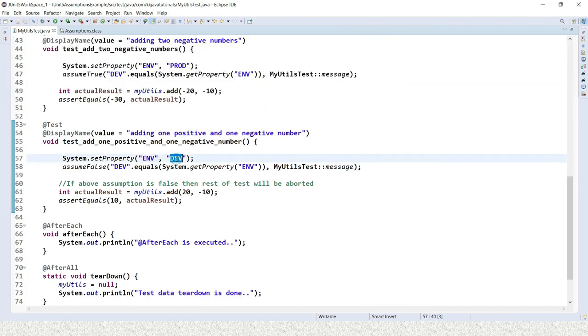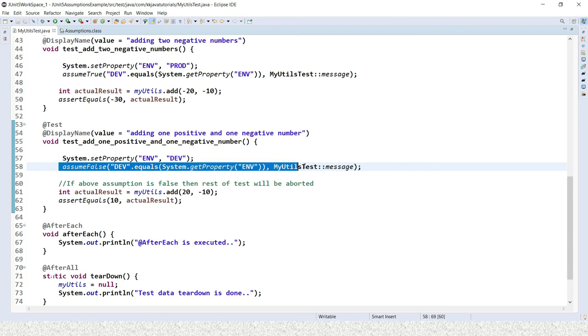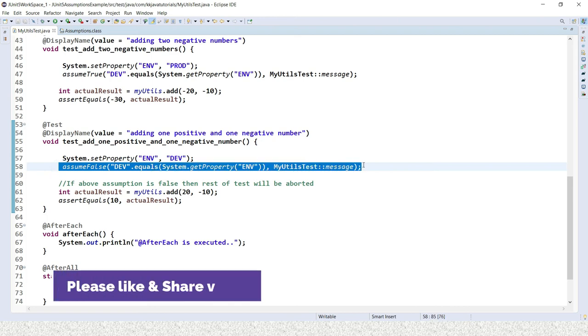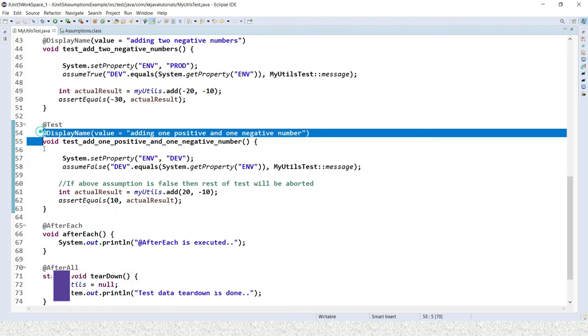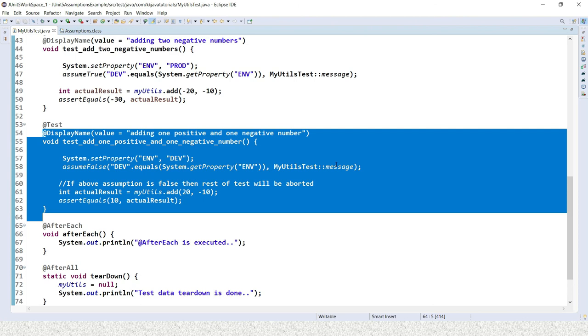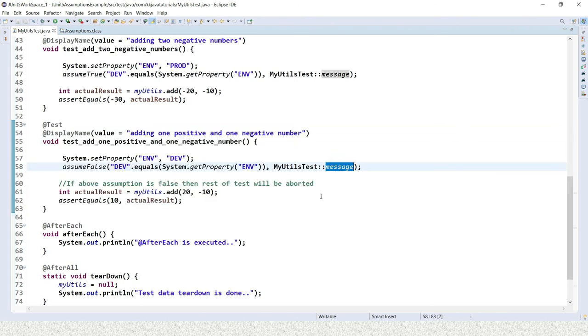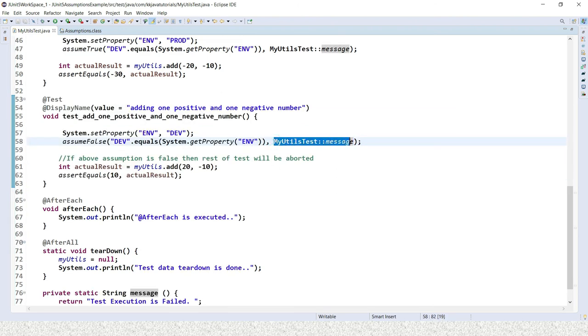Similarly, env value we are setting as dev, and here, instead of assume true, we are using assume false, but this is going to return true, because the value we are setting is dev, so instead of false it is going to return true. So the rest of this test method will be aborted, and the message we are setting over here will be printed.